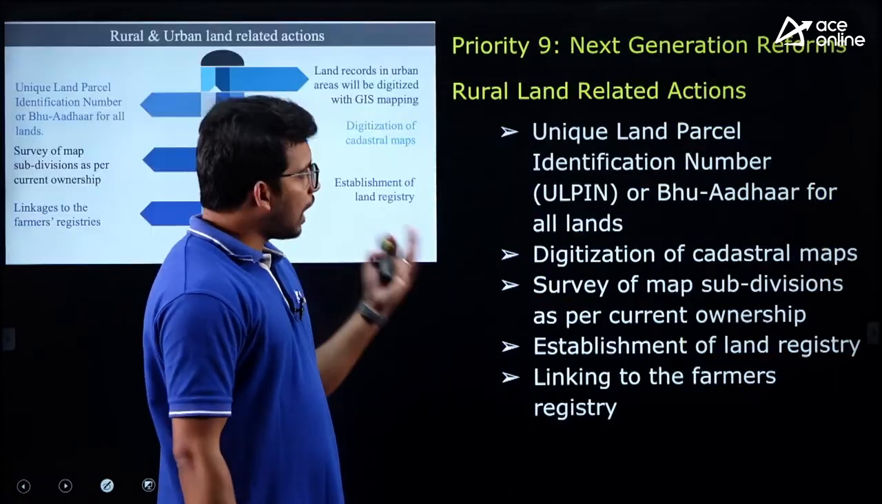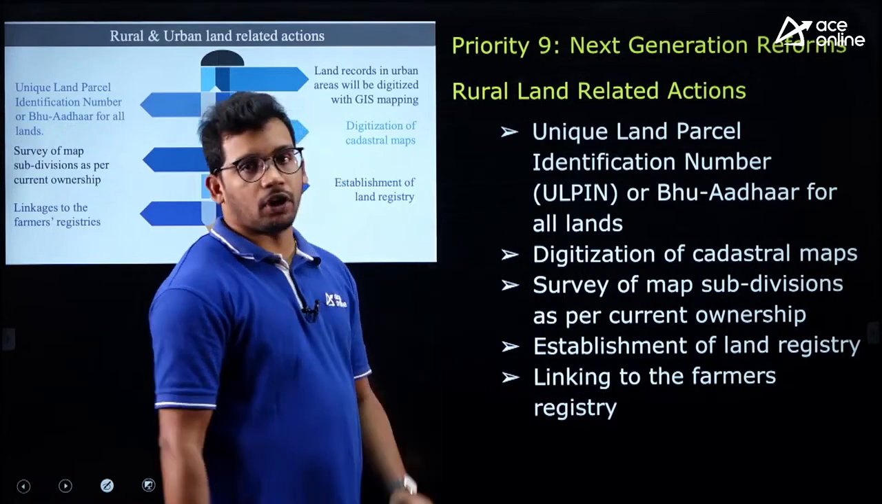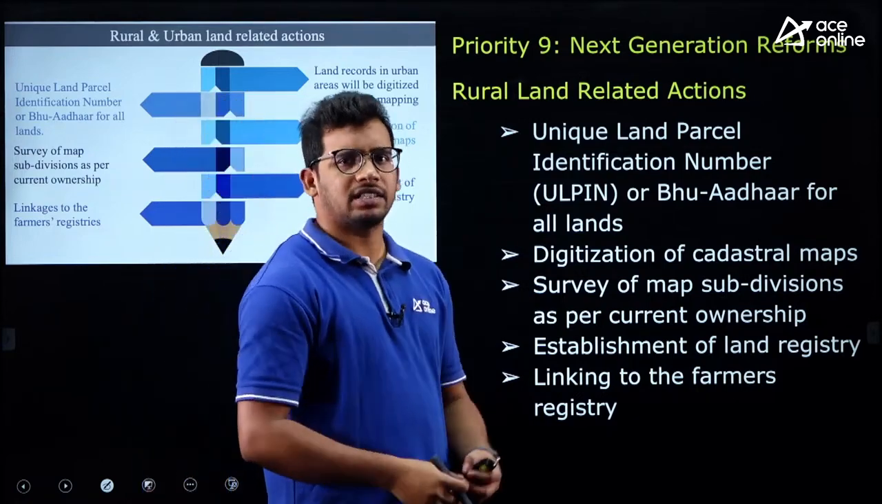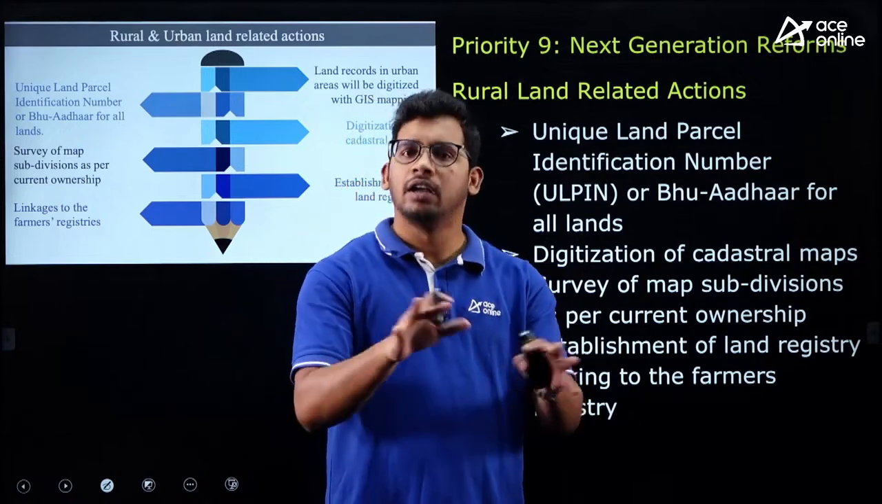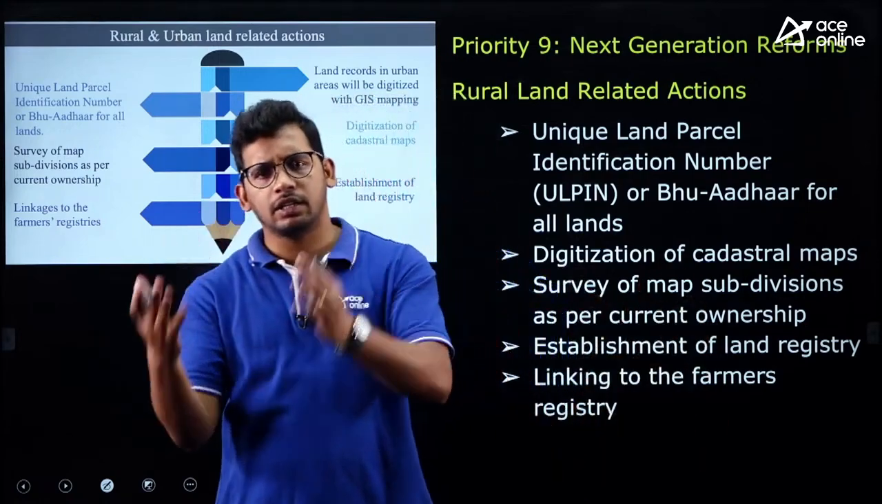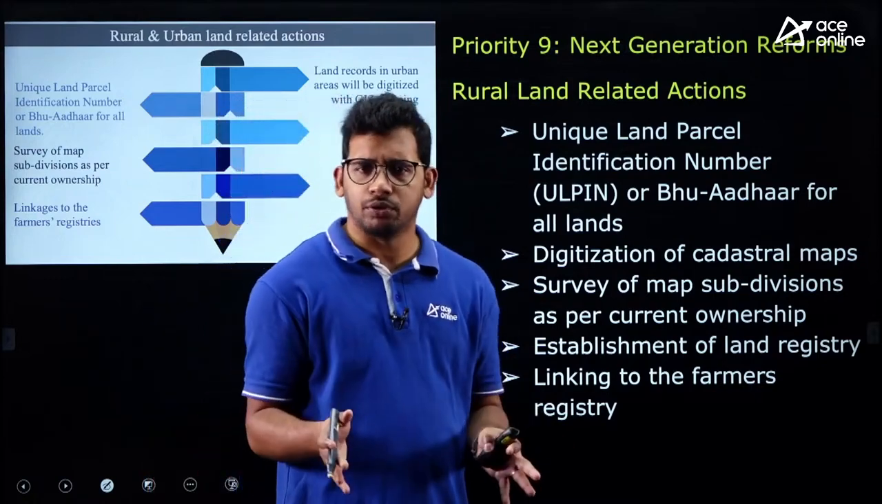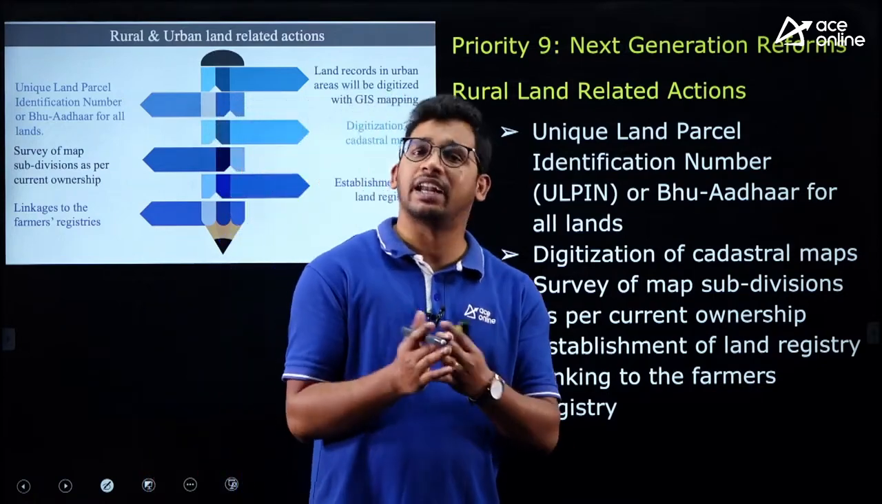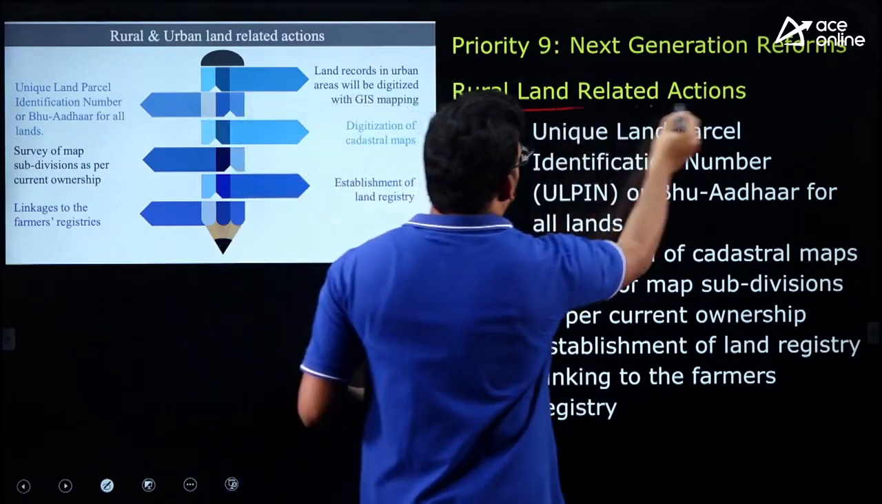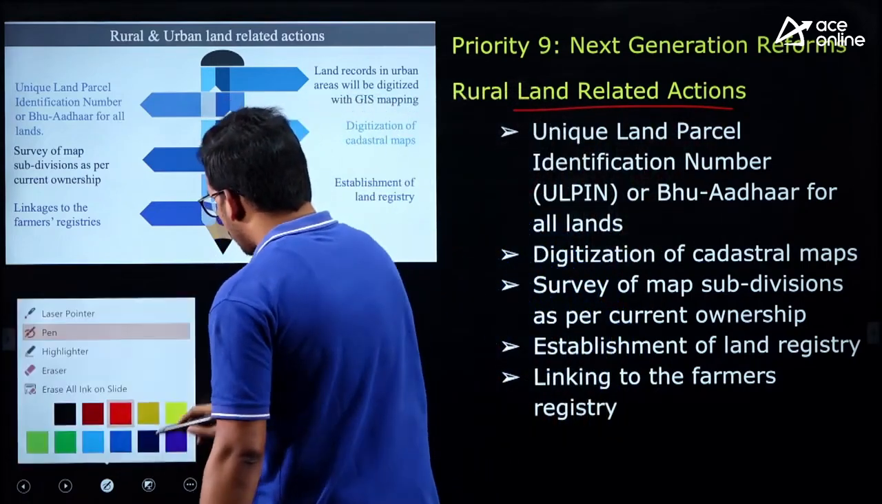fine. Last priority, that is 9th priority, next generation reforms. You all know, you go to the rural areas, there is a lot of disputes between the local farmers, that this land has been occupied by that person, and then this land we have lost. There is a lot of disputes because there is no proper land records. For that purpose, government will be coming up with the land surveys, land related action, not only in rural areas